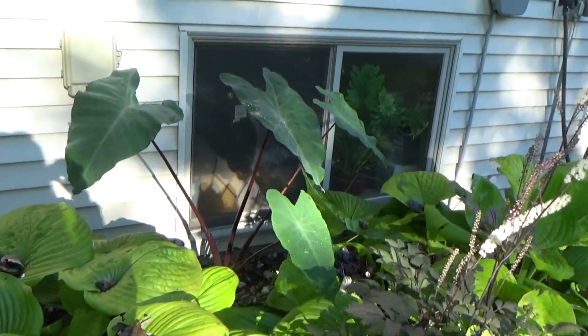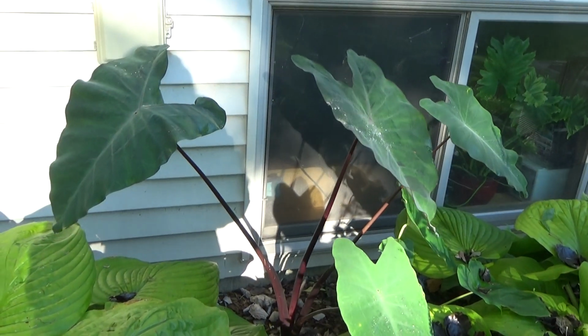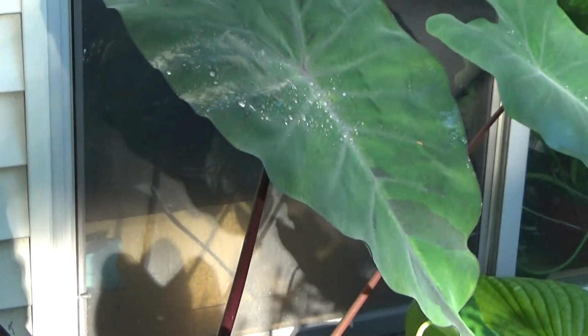Some more elephant ears back there. They have done unbelievably for me this year. Must have just had the correct weather. I'm surprised because we were very dry. I know they tend to like it a little wetter, but